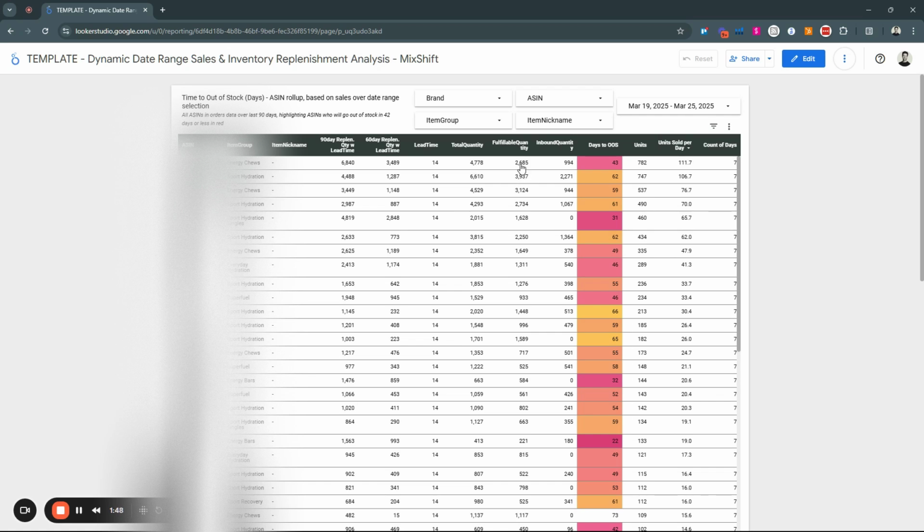This is actually the fulfillable quantity you would see in Seller Central, as well as the inbound quantity too. We also have the reserved and researching. Those are not included here, but they are included within the total quantity value by default as part of the numbers provided by Amazon. So once we have the total quantity, we look at that pacing, calculate the days to out of stock, and conditionally format this to show you where you're getting close to less than, in this case, 42 days